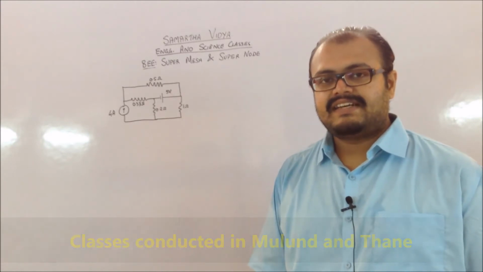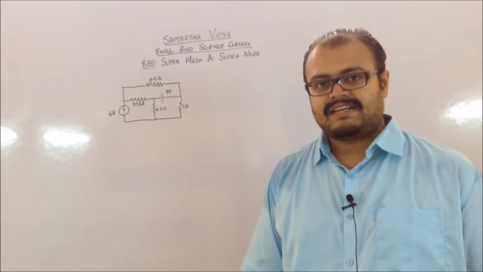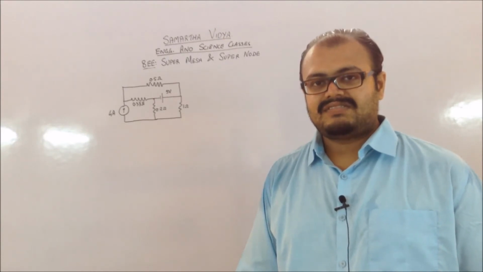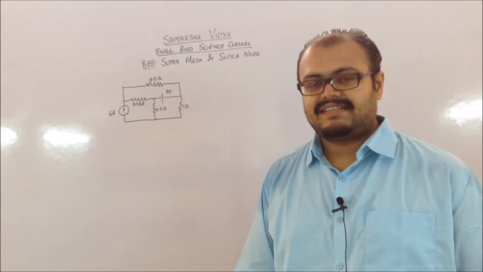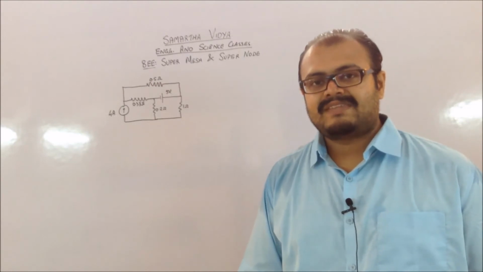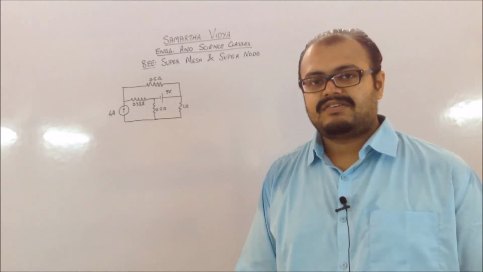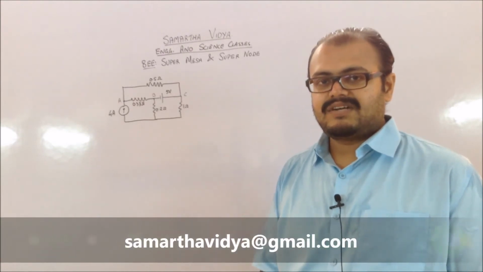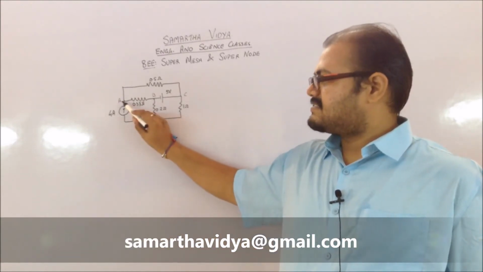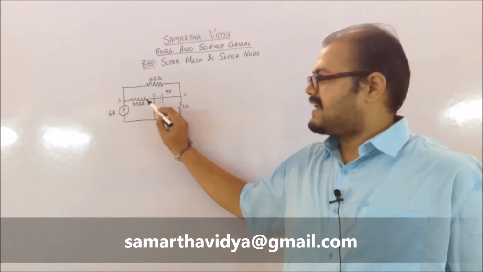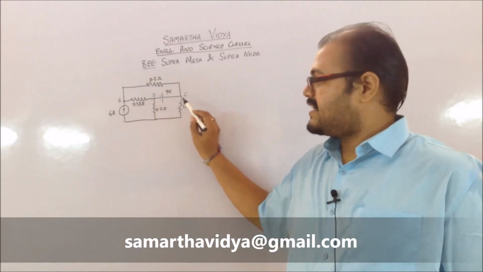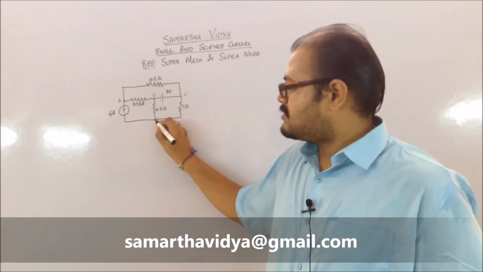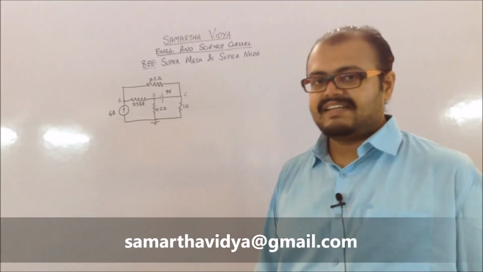Now, as you can recollect, when you are applying nodal analysis, you have to consider the voltages at different nodes, and then you have to solve your KCL equations from it. And from the KCL equations, you will be applying your Ohm's law. Whenever you are going for nodal analysis, you have to name the nodes. You have to identify the nodes. So you will have node A, node B, and node C. There will be one more node which will be considered as the reference node.